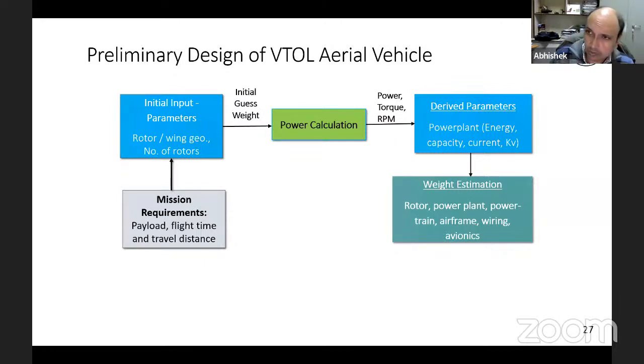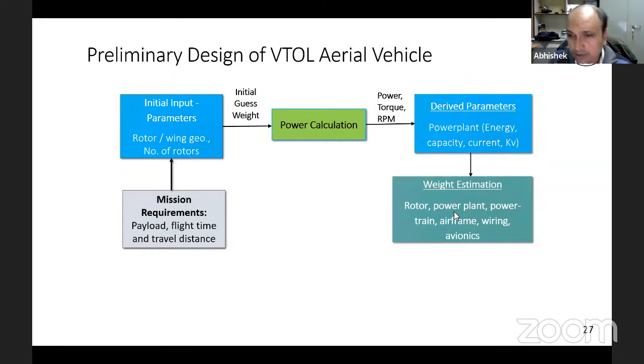So you have to now go and pick and choose from different sources and try to come up with some kind of formula to estimate the weight of each and every component. For many of these things, you can easily get formulas from different sources. Finally, weight of wiring, avionics. So each component that is going in the entire vehicle, including the payload, battery, electronics, and furniture, whatever is there, the weight of each and every thing has to be estimated somehow,